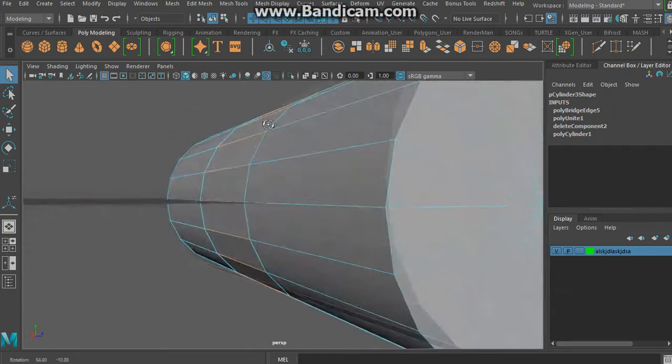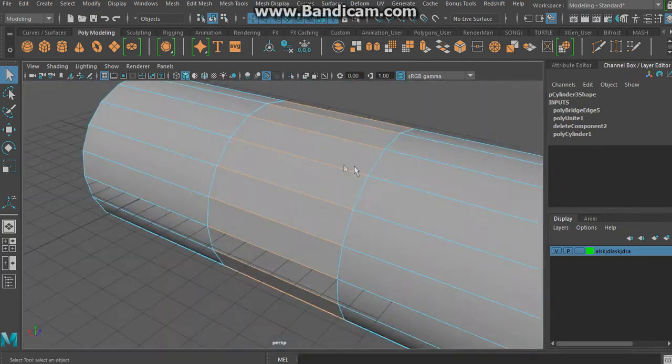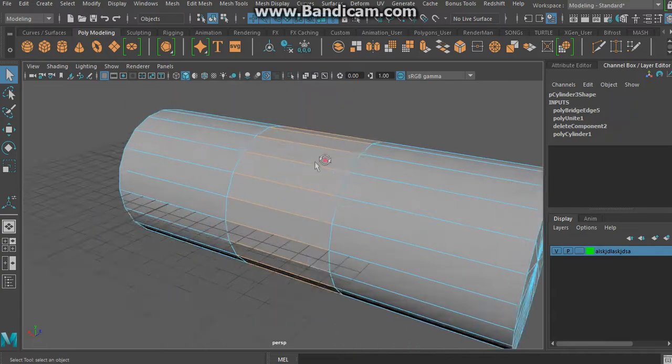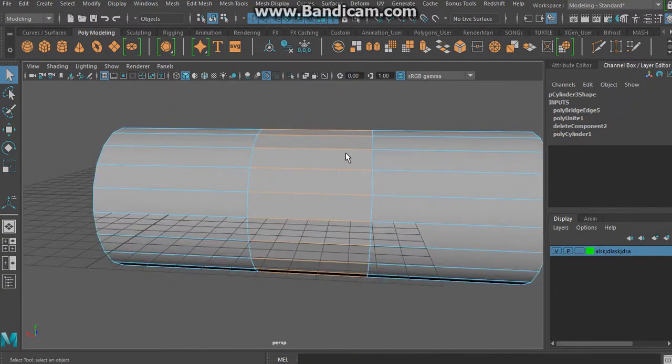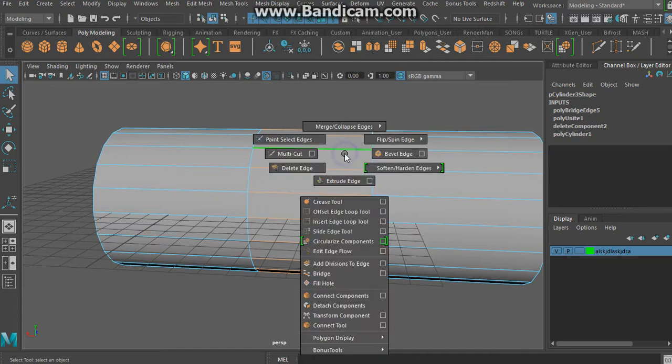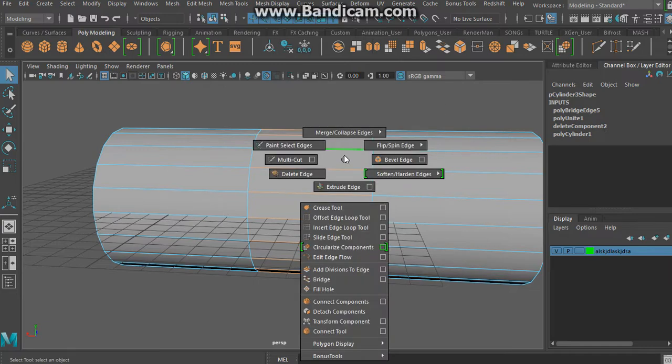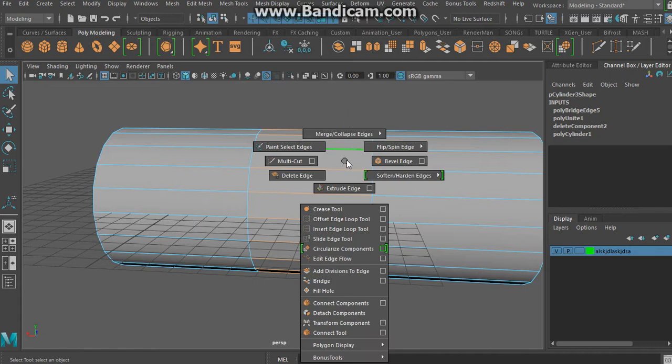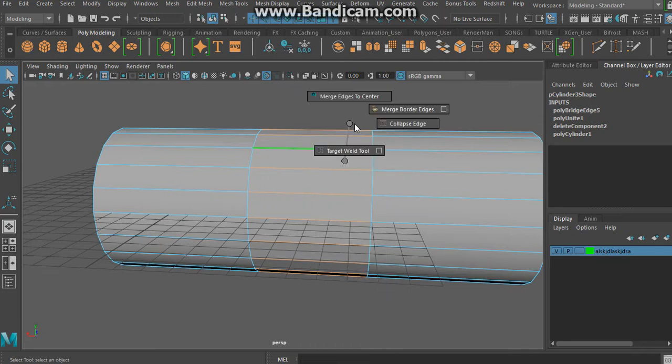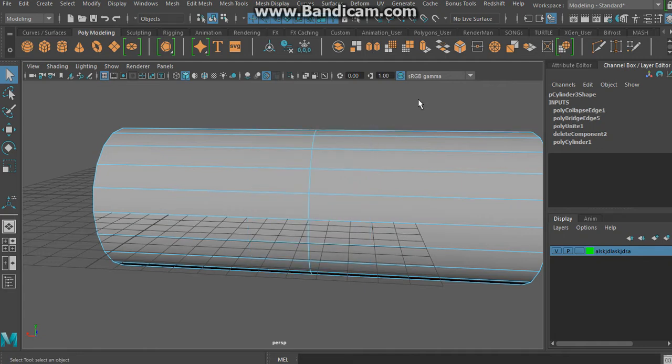So now that I've selected a loop na, I can go press shift, right click, sa top part ng screen, makikita nyo may merge collapse edges. Just drag it up, then after you drag this, hold nyo lang, then drag it to the right. Collapse na siya. By doing this manually,